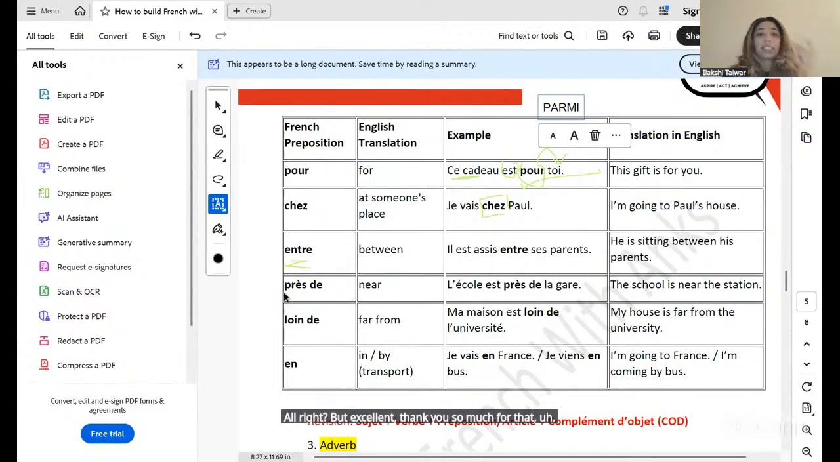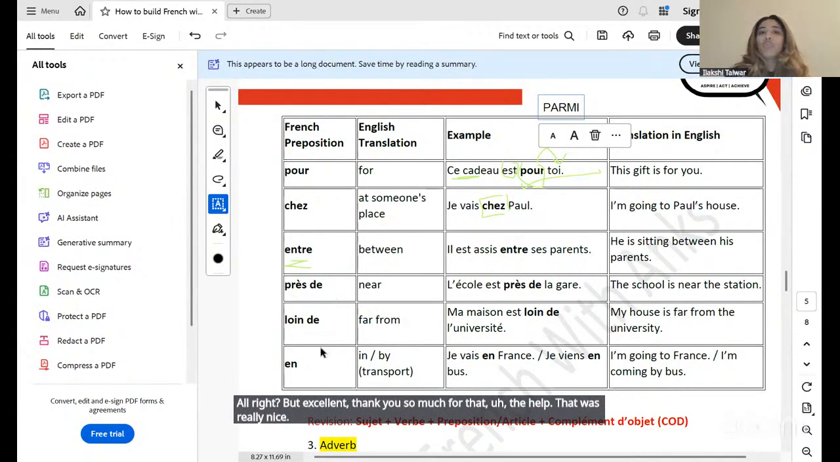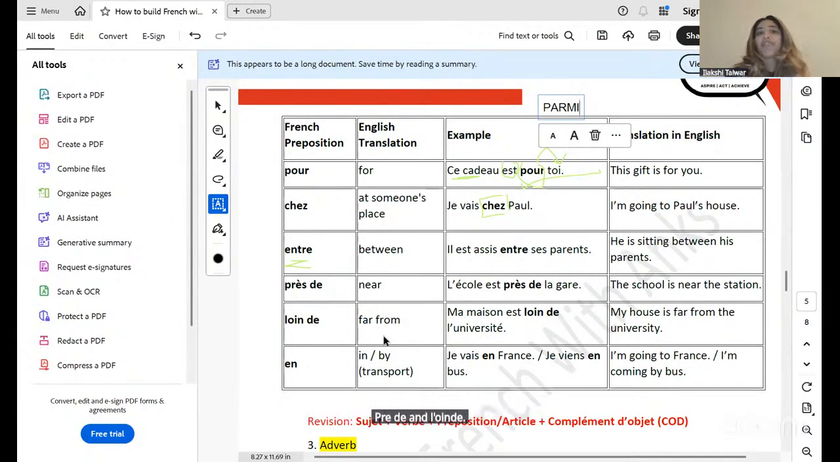That was really nice. Près de and loin de, near and far from. L'école est près de la gare, ma maison est loin de l'université. En also means in or by. Now, I know you guys already know that en is specifically for saying in, but when we talk about transportation,